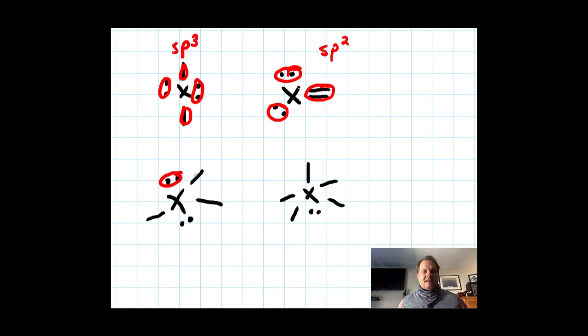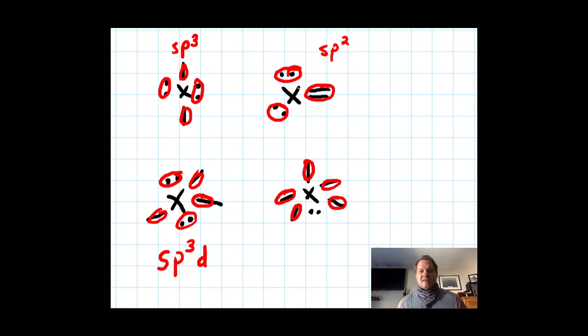That looks like an expanded octet. 1, 2, 3, 4, 5. How is it possible to have a 5? Well, an S and 3 P's would represent 4, but we know there's only 3 p orbitals. So what must be happening here if I have 5 regions? I must have hybridized my S, all 3 of the P's, and where would we go next? You guessed it, we're going to hybridize a D. So 5 regions of space occupied by electrons would be an sp3d hybrid,